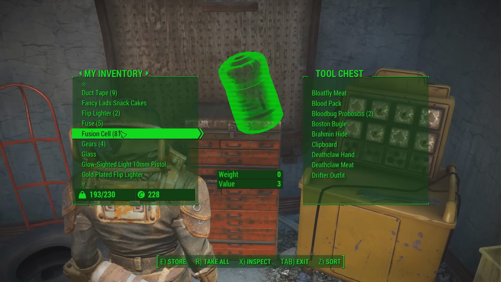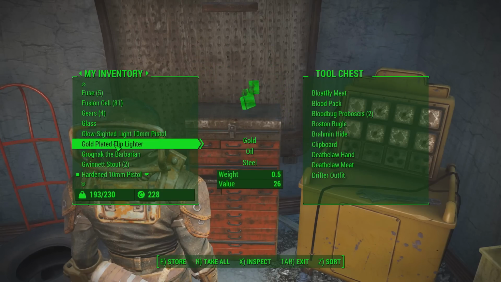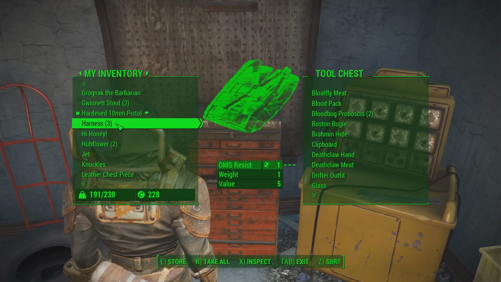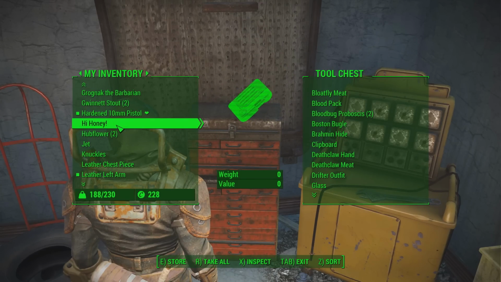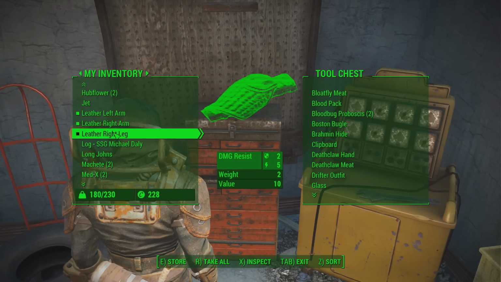And so if I could maybe... So how do I use the fusion cell? Maybe that's for a gun. Maybe that's something completely different. I don't know. Got a gold-plated flip lighter, which is pretty dope. Probably won't need the glow-sighted pistol, the glass. I'm going to try not to do too much inventory management on camera, but I'm going to do it this one time here. Because, you know...